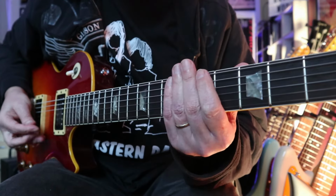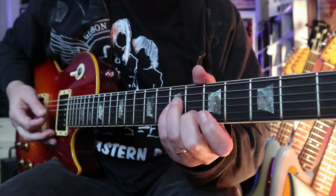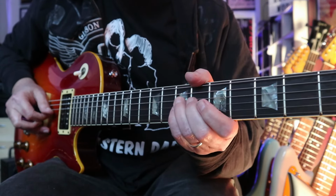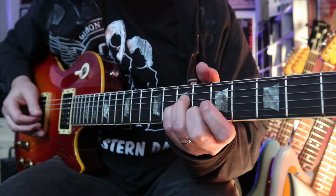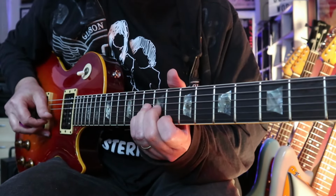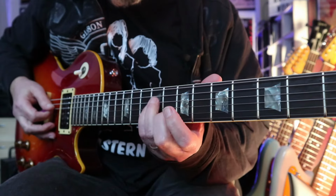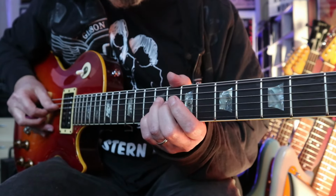And then when the other guitar's going to the D, I think it's like a D minor, or just a triad out of the D minor. This. You're playing the 7th fret of the D, G, and the 6th fret of the B. Play it once, and then back to that A minor. And then when he's doing the turnaround, going to the E,